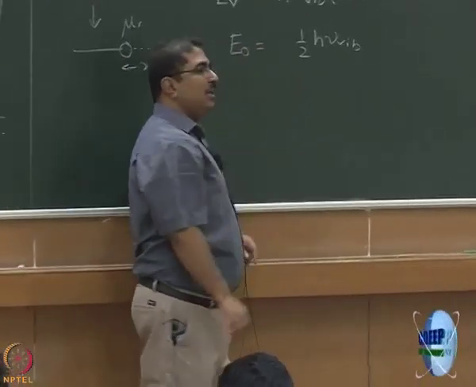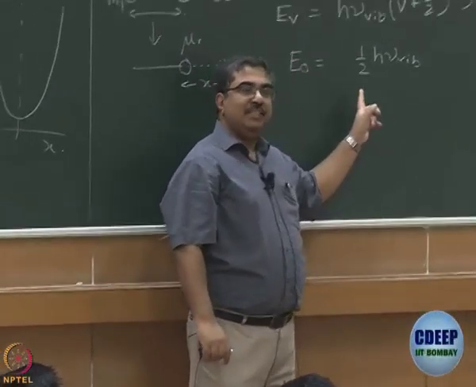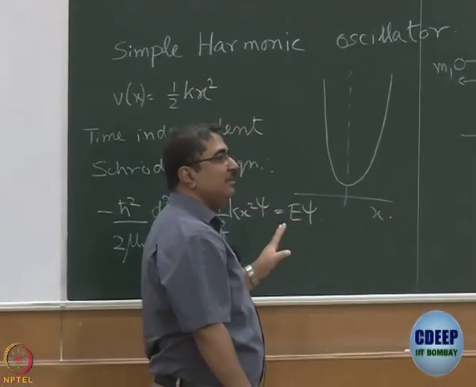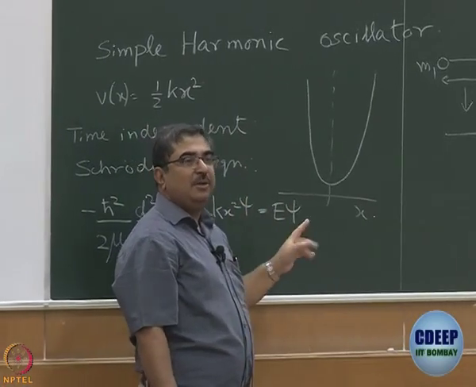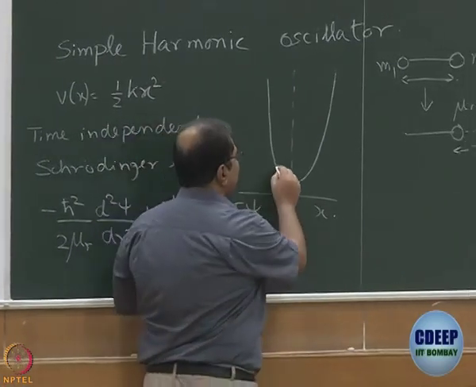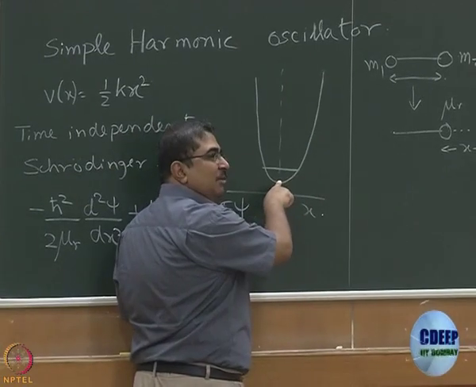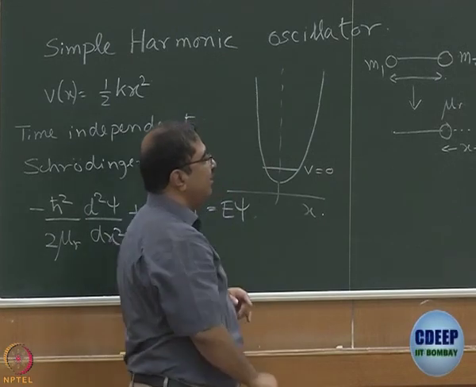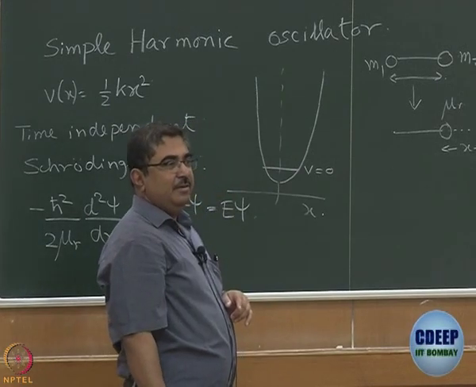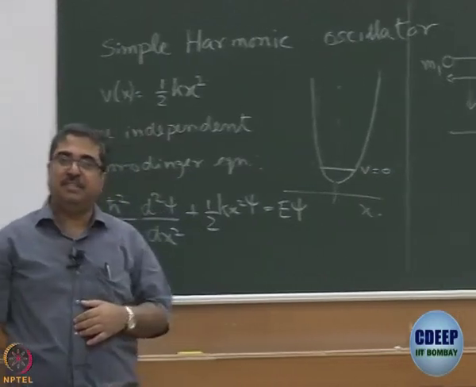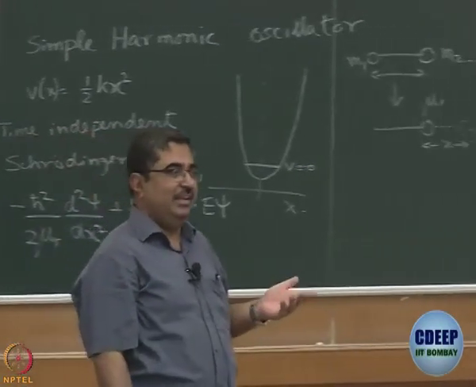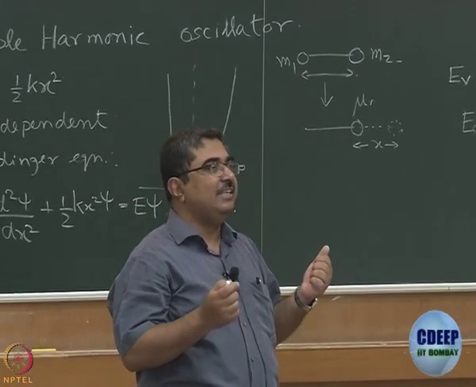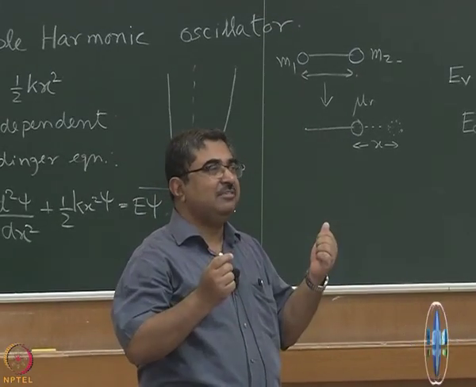Alright, now coming back to E0, this is the minimum energy, right. So, what we see is a very major difference between a classical harmonic oscillator and quantum harmonic oscillator is that energy can never be equal to 0. Minimum energy that we have is for v equal to 0, which is half h nu vib. Since you have studied this problem in some other course already, can you tell me why? Why is it that for a quantum harmonic oscillator, energy can never become 0? Tell us, Vishnu.